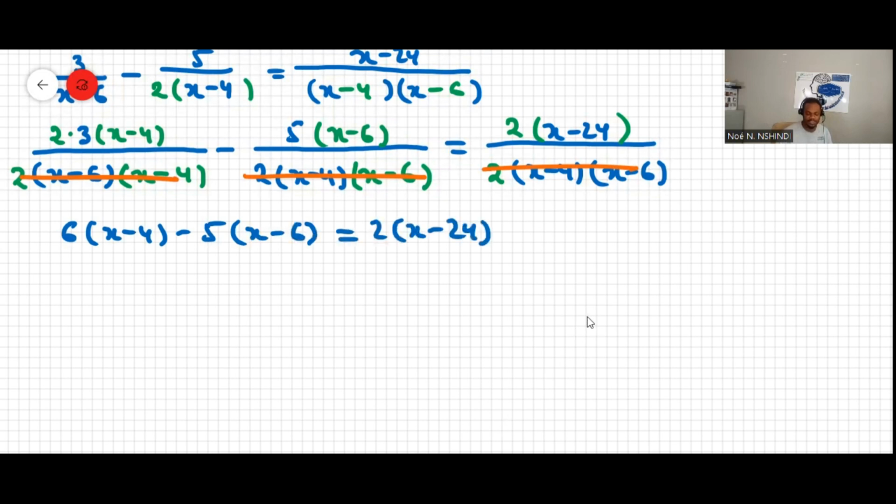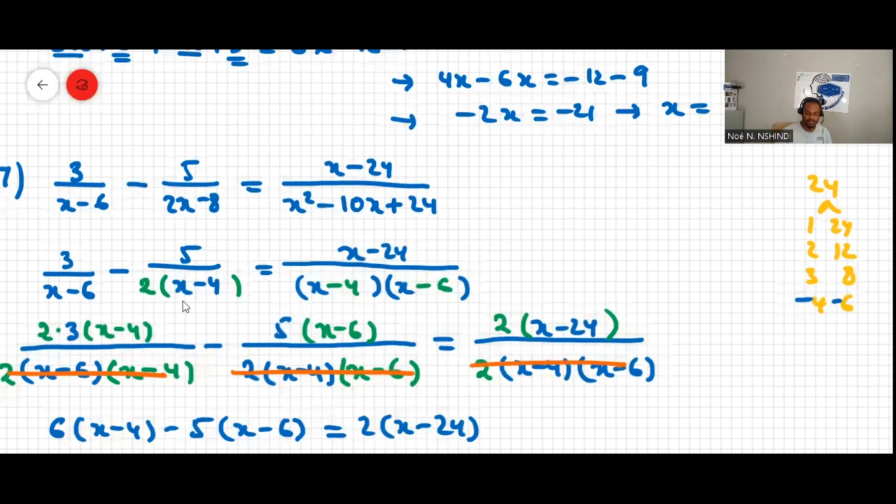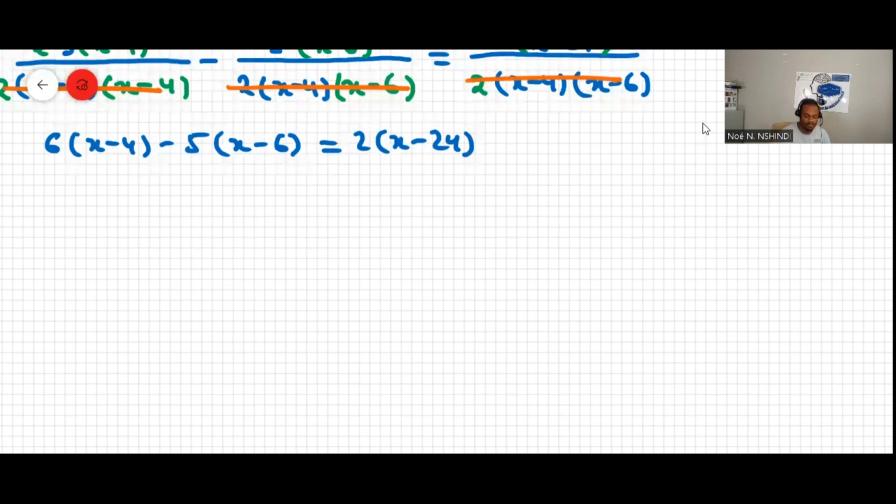Now, I didn't say the restriction yet. After that, we simplify this. The restriction must be x cannot be equal to 6, I mean. X cannot be equal to 4 because of this, that, and that. Now, let's continue. The calculations will be